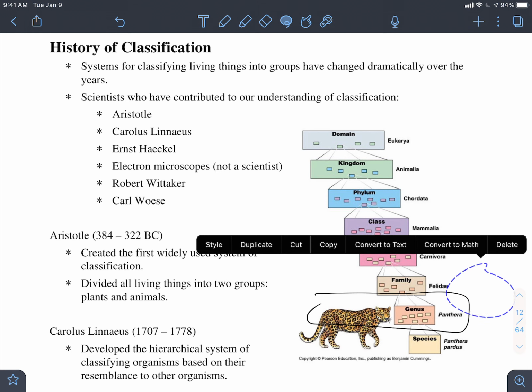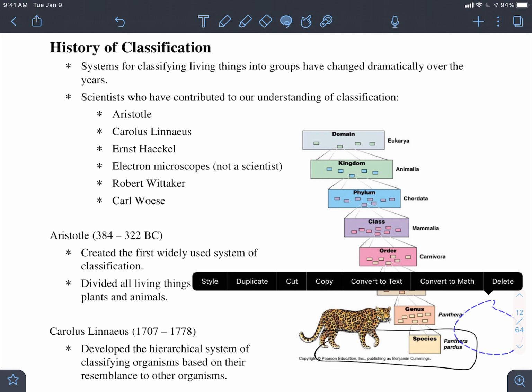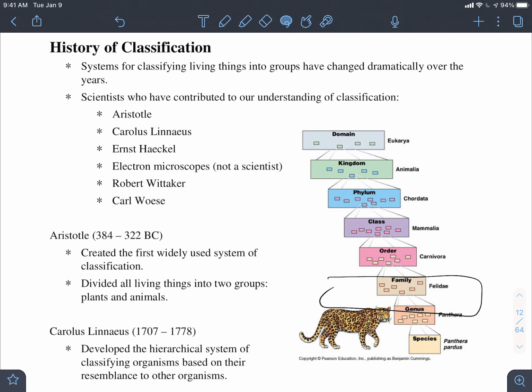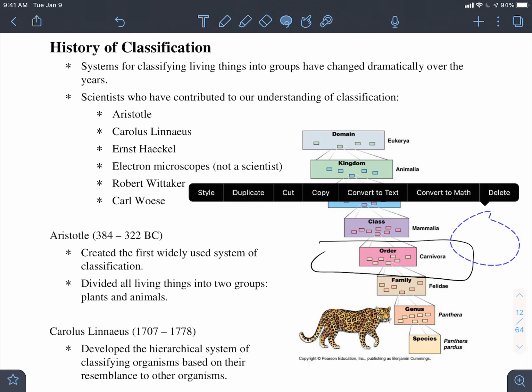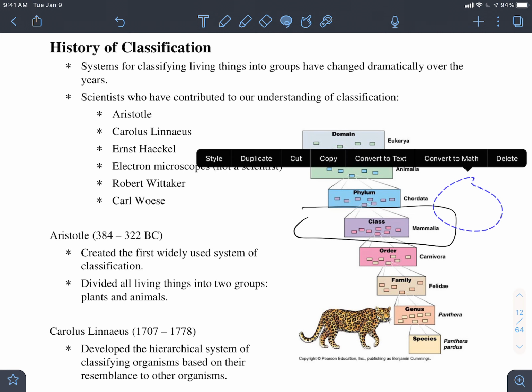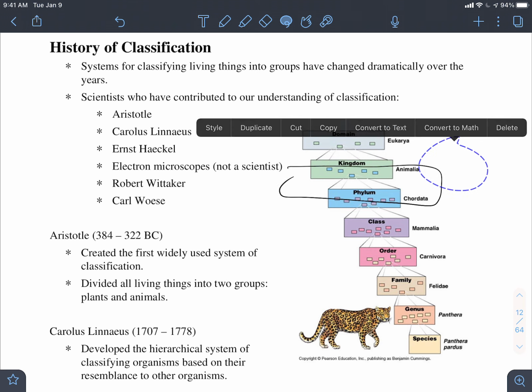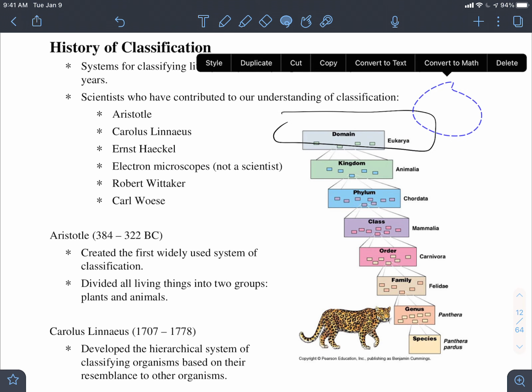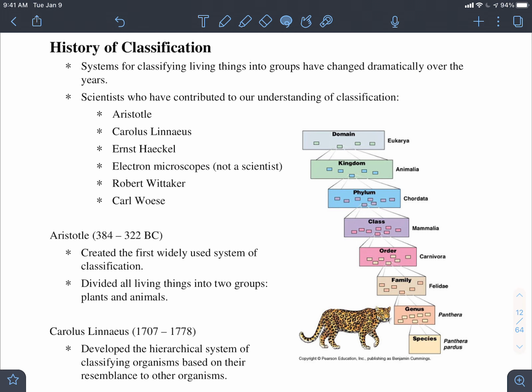And then we have the panthers inside of that. Panthers who are cat-like, who are carnivores, who have warm blood, who have a spine, who have animal-like cells, animal-like characteristics, and eukaryotic cells. And then the species, which is the panther, who is a panther-like creature, who has cat-like features, who has a tendency to eat meat, who has warm blood, who has a spine, who also is an animal, who is also eukaryotic in nature. So that is the point of this classification system, is to organize them into similar features.